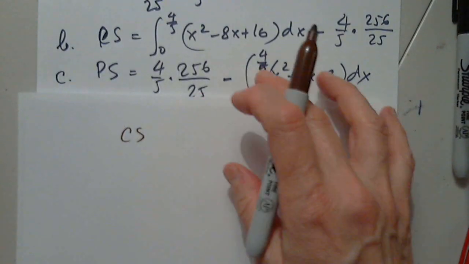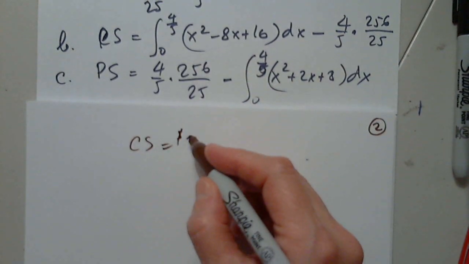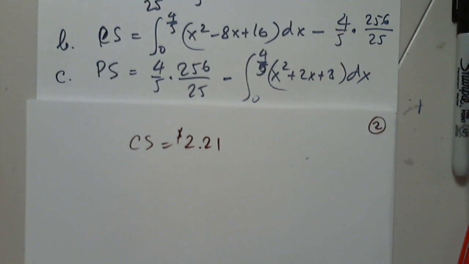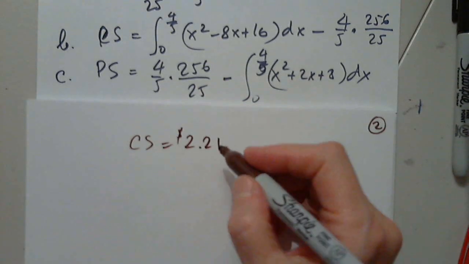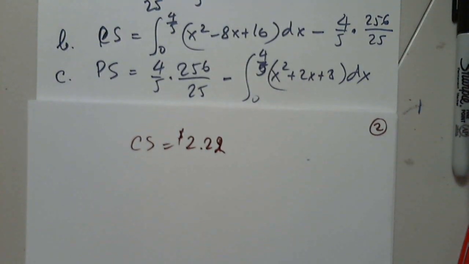So the consumer surplus, of course in dollars, is $2.22. Now for the other one,